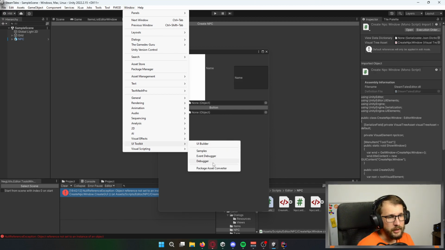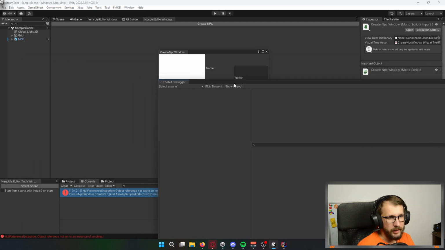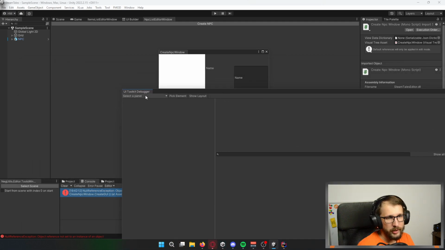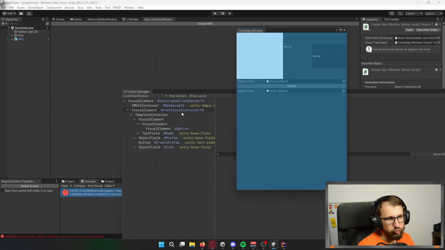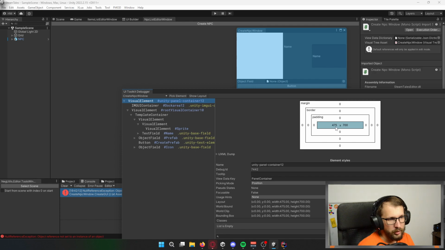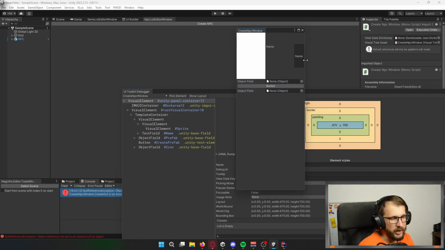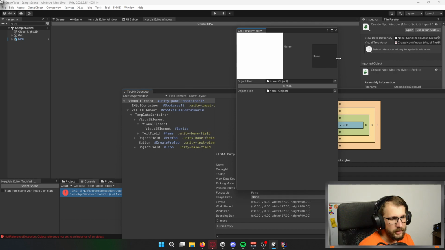In the meantime, I'm opening this UI Toolkit debugger because I want to read the size of this window. Okay, so I know that this window has a width of 475. I can go with 450. It will be good.